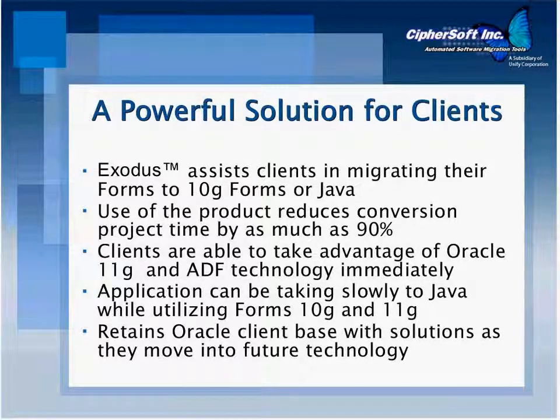So when you're using the differentiation of how much manual work is required, that really is dependent on your application, how complex it is, whether you want to map function keys as you had them originally, or whether you can use those in a different way. So there's all sorts of pieces that come into play there. But we have benchmarked our product to be at a minimum of 85% automation in going to ADF, and that's